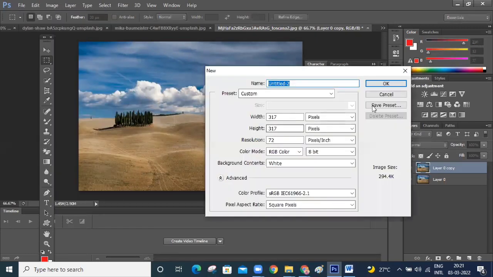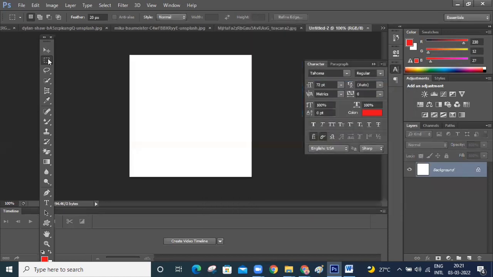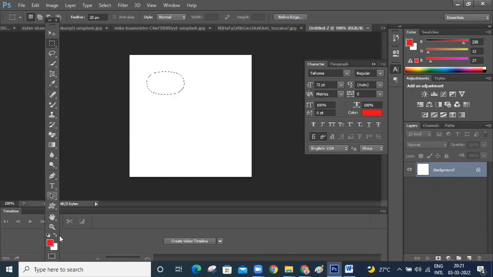I'll take a new file and show you better. This rectangular marquee tool is there. I filled this with Alt Backspace. By default, feather is there. That's why it has come like that.